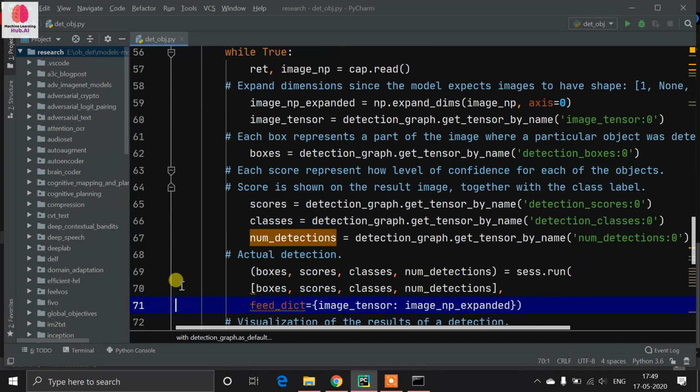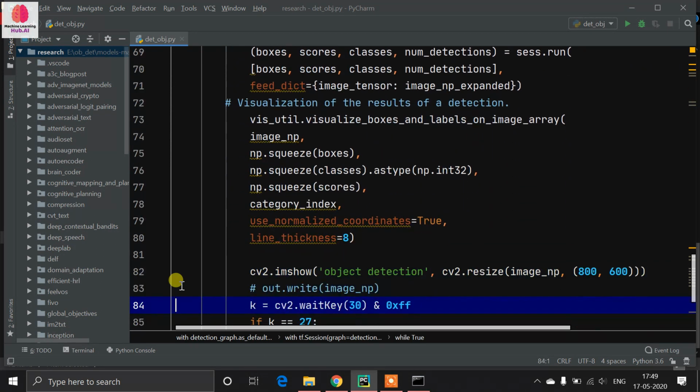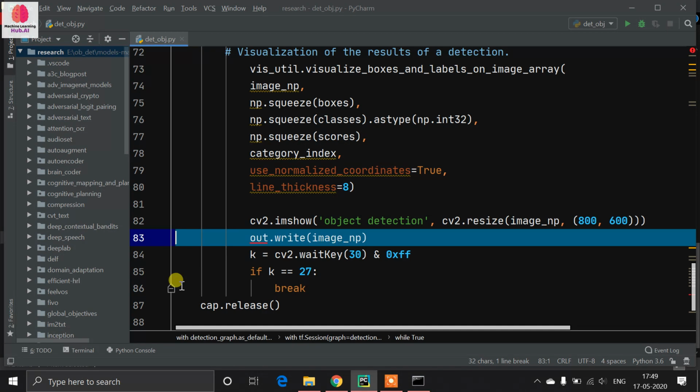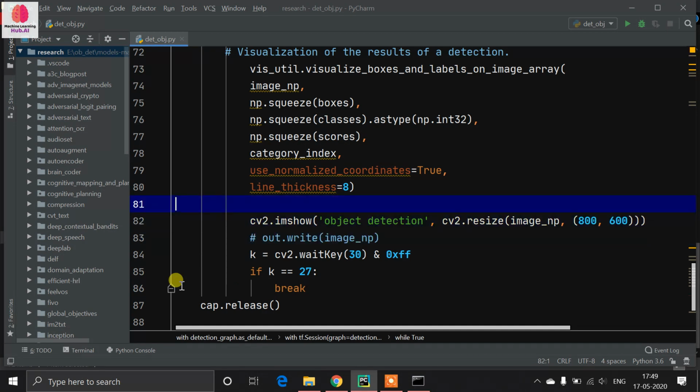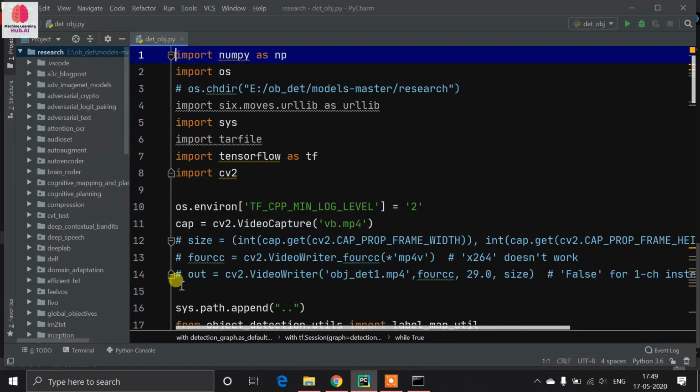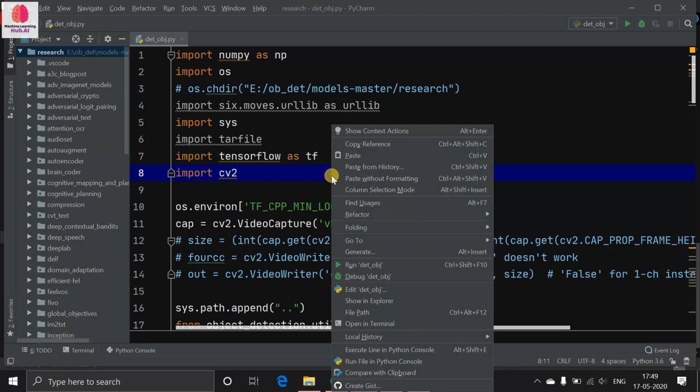So uncomment that part, and at the end uncomment this line. This will write your output to a video file, but I don't need to do that. Okay. So let's run this.